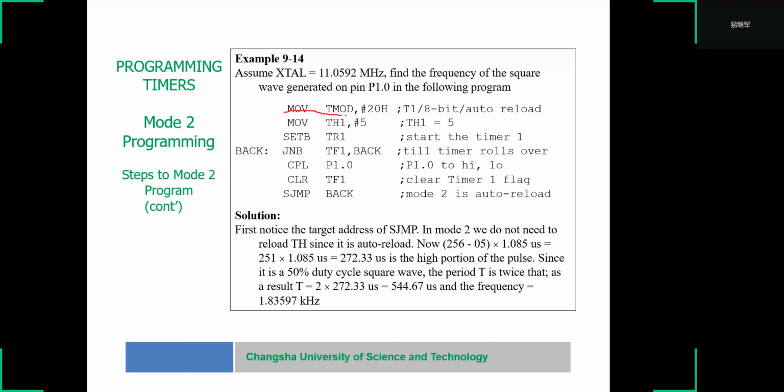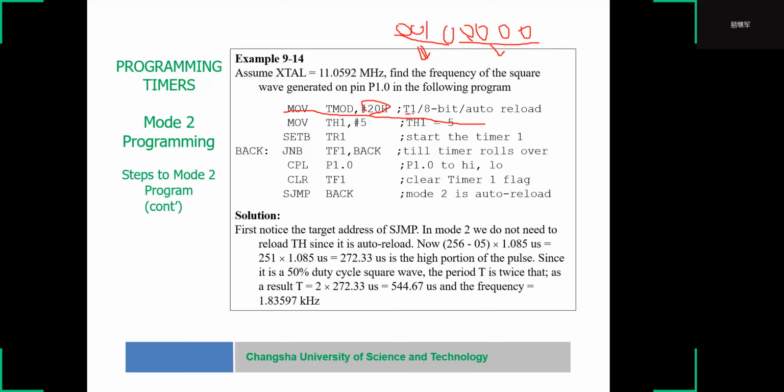This T mode set is 20H. 20H is 0, 0, 0, 0. 2 is 1, 0, 0, 0. You can see here is for time 2. For time 1. Here is for time 0. So we know this